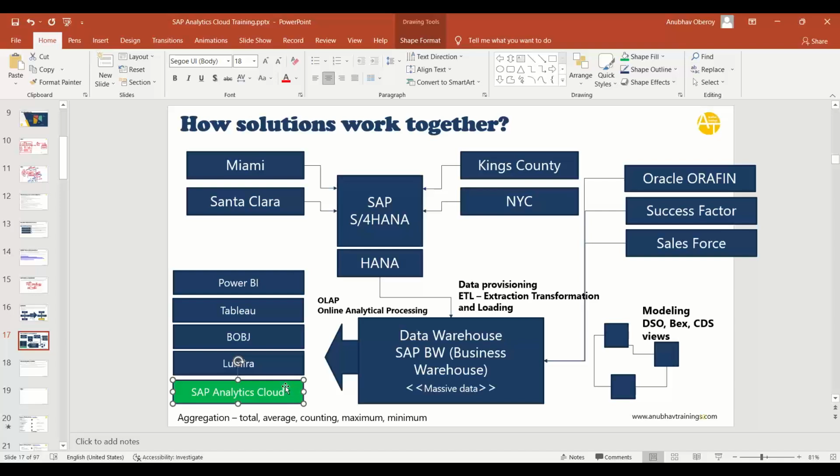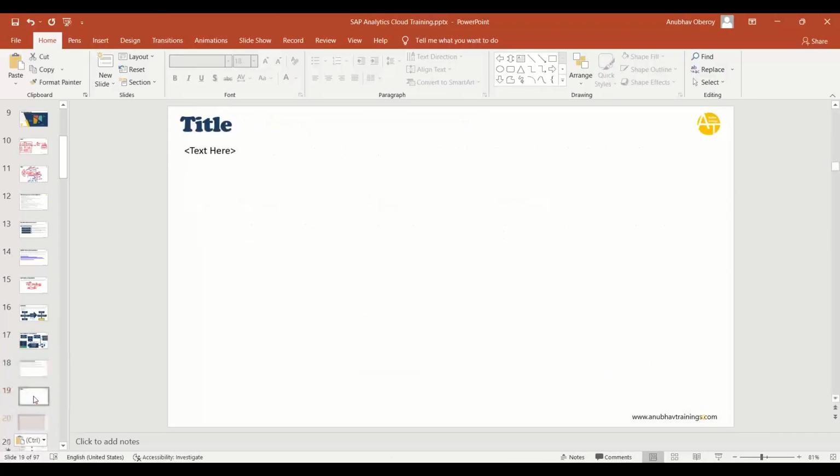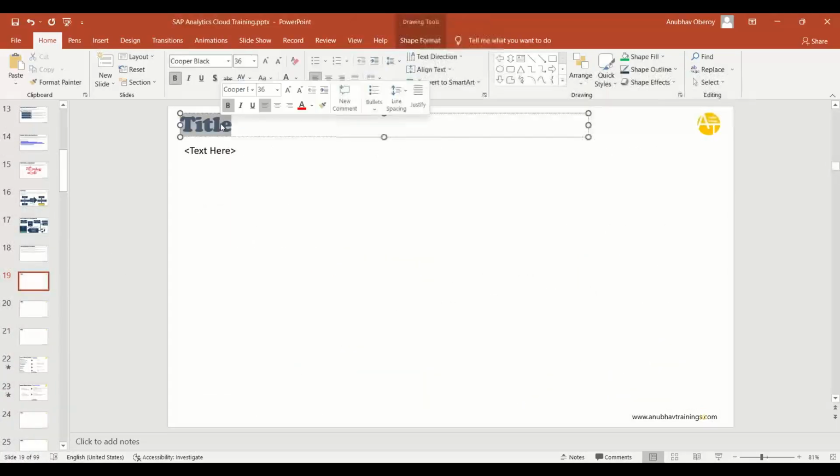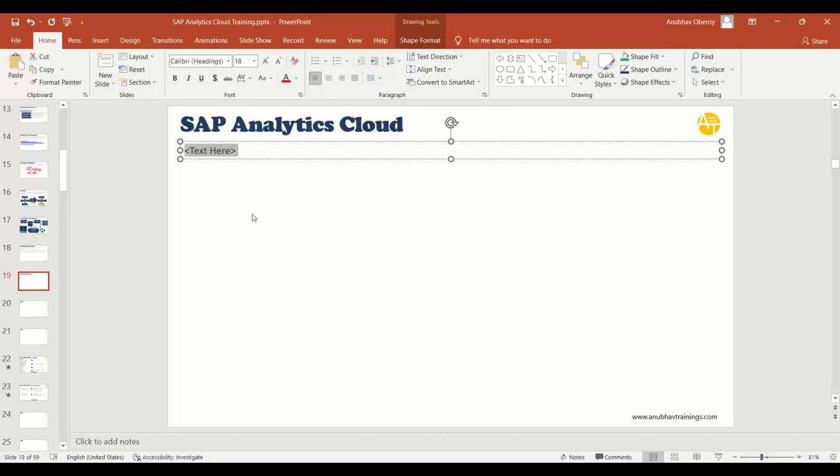Now let's come back to our main topic, which is Analytics Cloud. So now you understand the basic terminologies in the world of SAP. So let's now understand SAP Analytics Cloud, its brief history, and SAP's strategy to position the Analytics Cloud as a solution. So what is SAP Analytics Cloud? Let's write down the definition. It is a software as a service solution, a product by SAP which allows